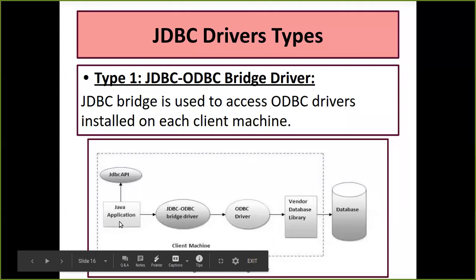Fine. Now, for example, consider that the database here does not have a JDBC driver. I told you the condition for using JDBC: JDBC can be used only when I have a JDBC driver for the particular database I want to use. Very much clear. Okay, if the JDBC driver is not available for the particular database I want to use, then it is very difficult for me to connect to that database directly. Okay, there are a number of solutions available. One of the solutions is your type 1.